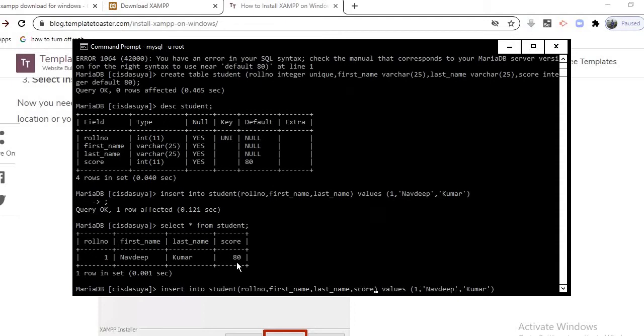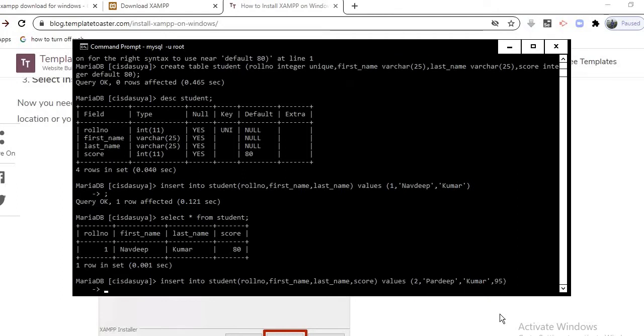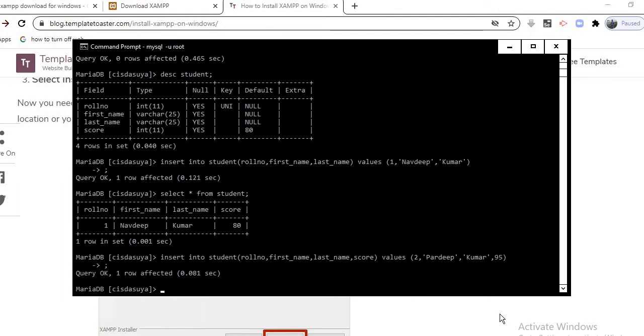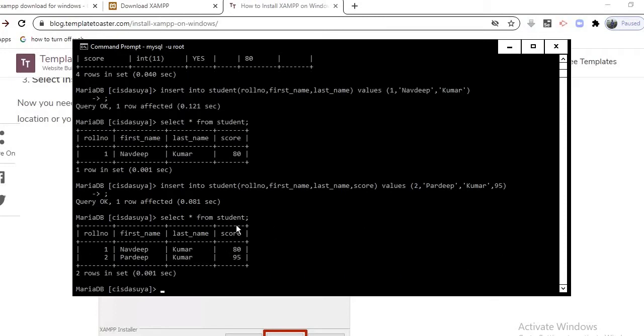Let's say in place of Navdeep, I change this roll number to 2, and the name is now Pradeep Kumar, and let's say his score is quite intelligent, let's say it's a 95, and press enter, place semicolon, enter, and now one row is affected, and with the arrow keys you can see that now Pradeep's score, by default 80, has been overridden with